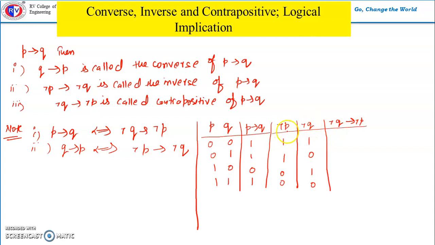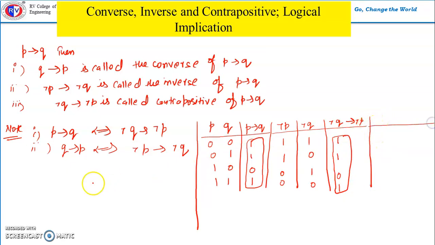So negation of Q implies negation of P means we have to consider this first and then this. So 1 1 will be 1, 0 1 will also be 1, 1 0 will be 0 and 0 0 will be 1. So you can see this one and this one, they are same. So that's how we can say they are logically equivalent. Now if I have to check these two, so Q implies P will be what? P implies Q, we consider this first and then Q. Q implies P, we consider this and then we will consider this. So 0 0 will be 1, 1 0 will be 0, 0 1 will be 1, 1 1 will be 1,